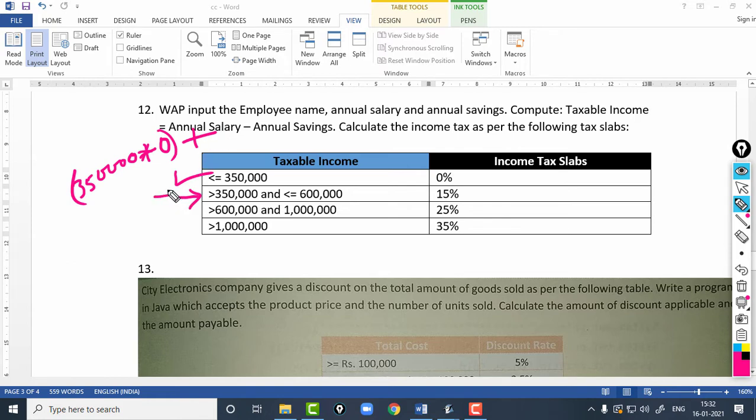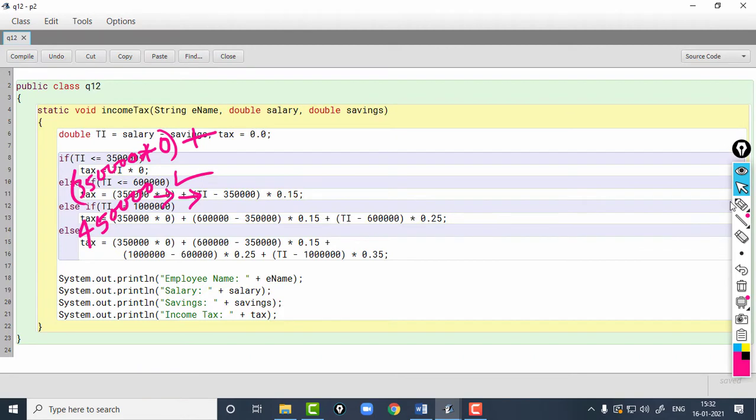Now, in the current amount, if the control is in the second if, that means the value of taxable income will be greater than 3,50,000. Now, let us assume that the value is 4,50,000. Out of those 4,50,000, we have already calculated the tax for the previous slab, which is 3,50,000.